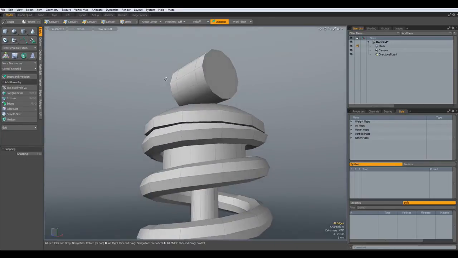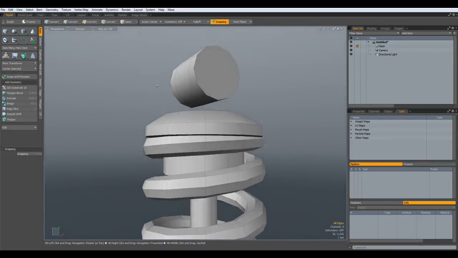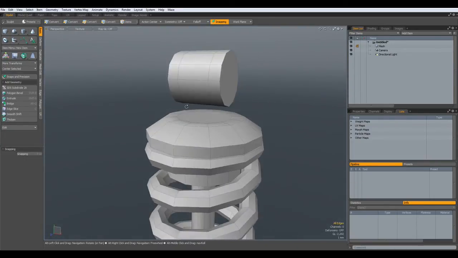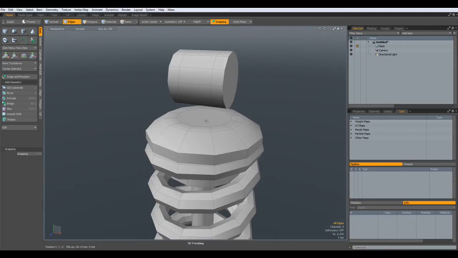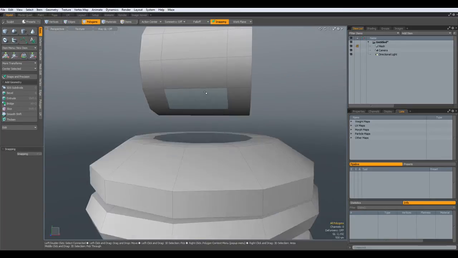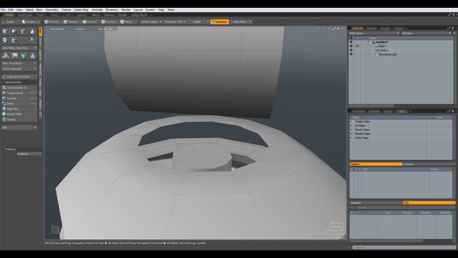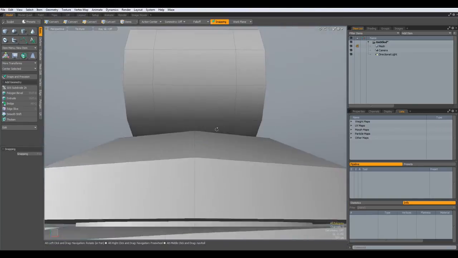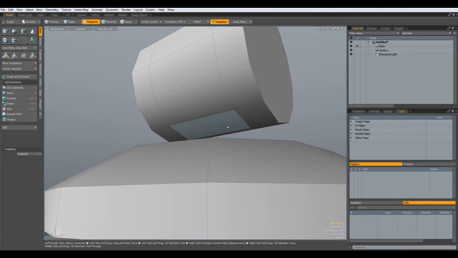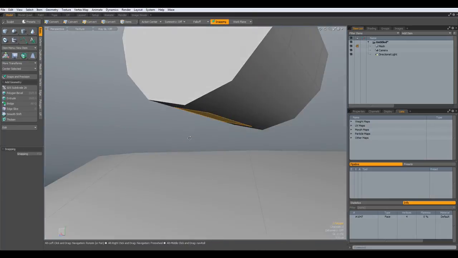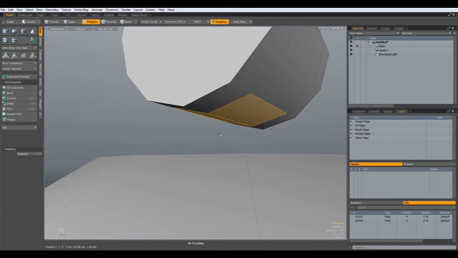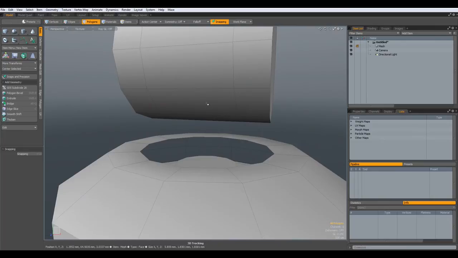And let's see, we need to connect these two together now. So, we have 12 edges on the circle here, and we need to have 12 edges up here as well. But we have only 6, so